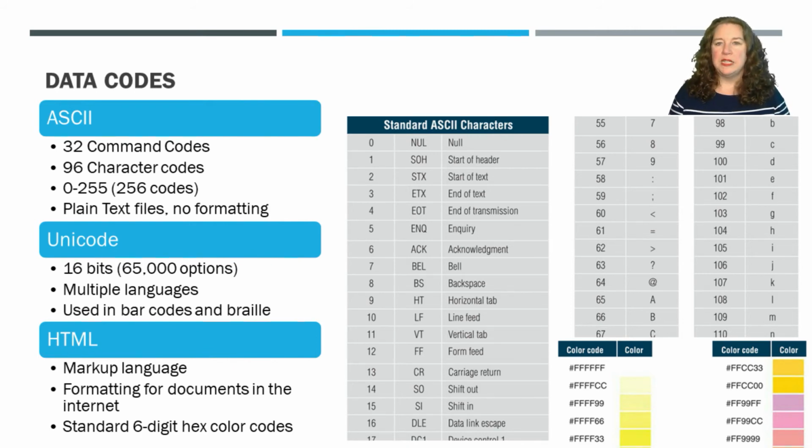So hexadecimal would be 0 to 9, and then for 10 we use A, for 11 we use B, up to 15, which is F. So that's a hexadecimal number. So when you see FFCC33, those are all hexadecimal numbers used in a hexadecimal 6-digit code to refer to a specific color of orange. So these are different data codes,